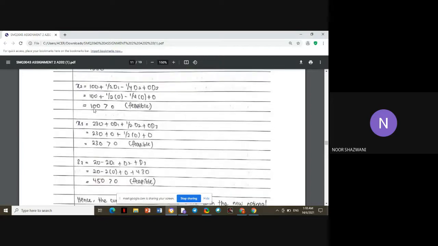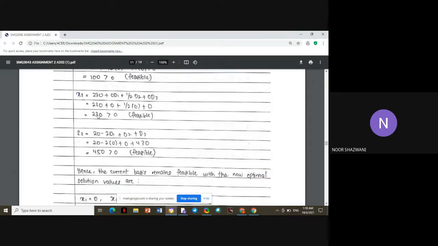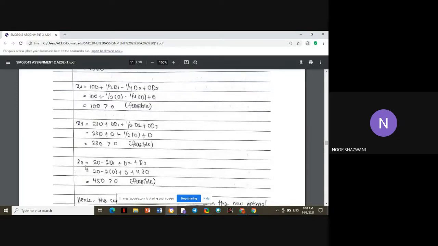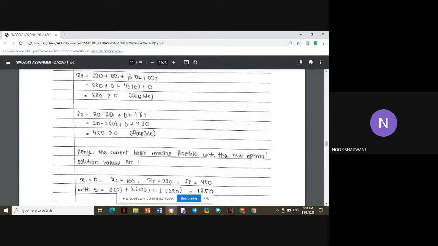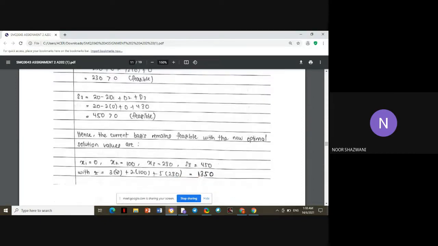X2 is 100, which is greater than 0, so this value is feasible. X3 is 230, also greater than 0, so this one is also feasible. And the last one is S3. I got the value 450, which is also greater than 0. So all these values X2, X3 and S3 are in the feasible range. So we can conclude that the current basis remains feasible with the new optimal solution value, which is X1 equals